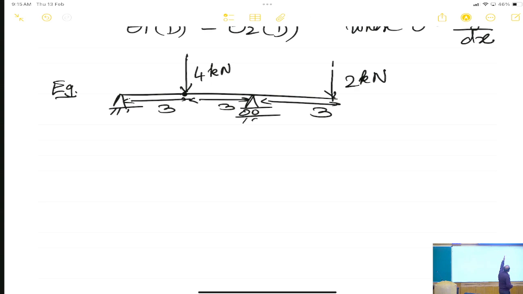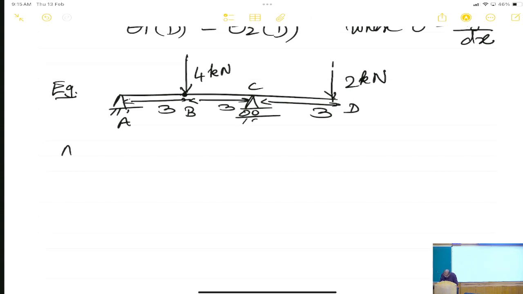So, the beam starts, there are two supports, it is an overhang beam in the sense that it is extending beyond the second support. We have, let us say, A, B, C, D, whatever points we call them. Let us call this A, let us call this B, let us call this C, let us call this D. So, AD is a